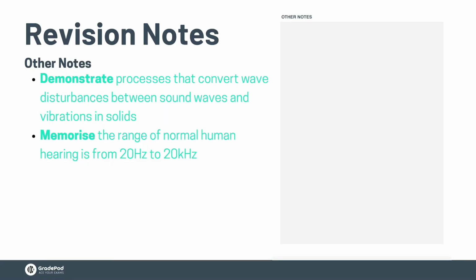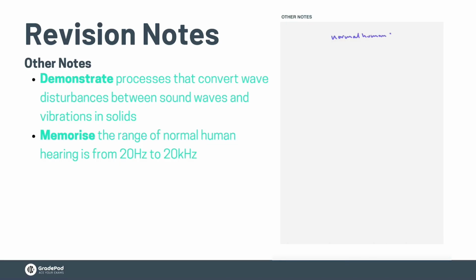Let's go to our revision notes. I'd like you to summarise this idea of a vibrating solid causing a sound wave and give some examples like a guitar, violin, drum, and so on. And then just write normal